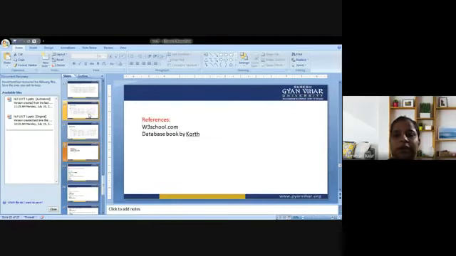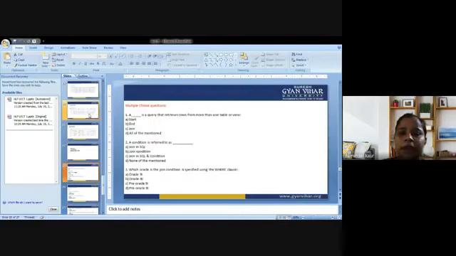This is the reference book that is given for you. That is a book by Court. It is available in the college library. Get it issued from the library and have a look at the same. In addition, there is a reference link that is given. You can take help from that link. There is today's MCQ that is given here. 10 MCQs are there. You are supposed to take any one answer out of 4 choices, and submit all the answers to my email account by the end of the class. So have a look at all the 10 questions one by one.